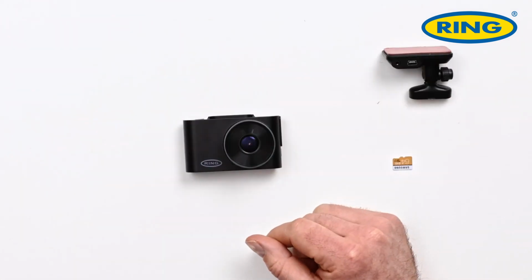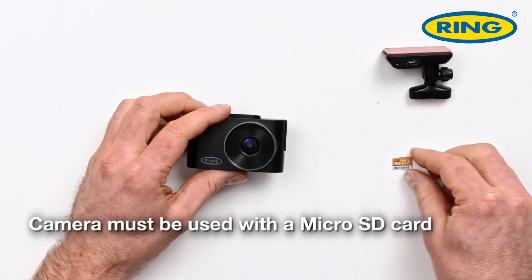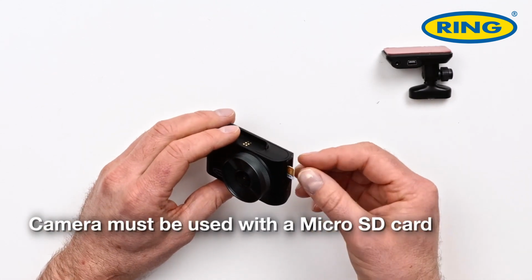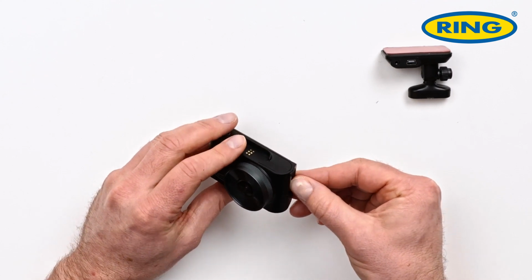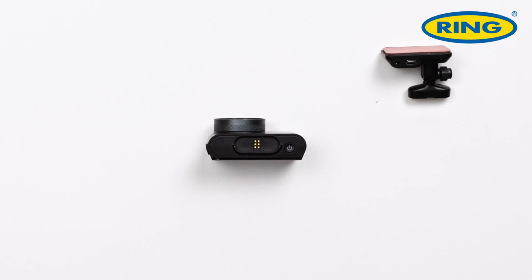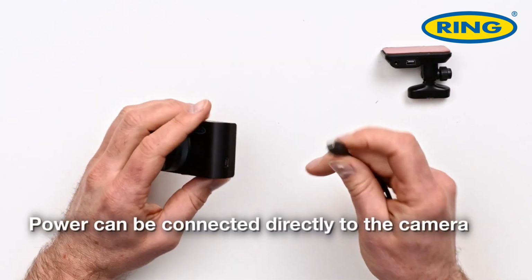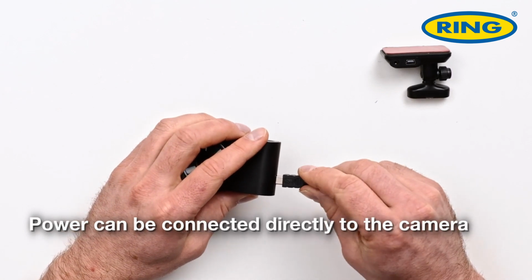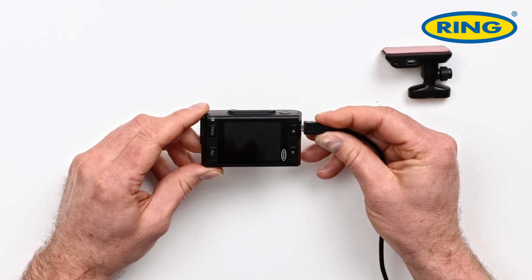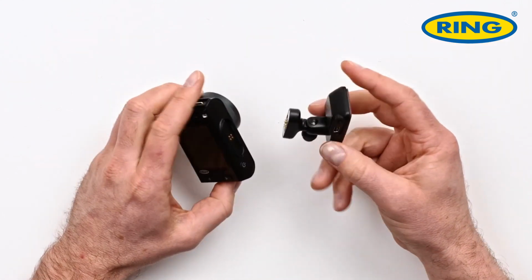So before we actually get to use the dash camera, we have to set it up, and the first thing to do is to insert the micro SD card into the slot provided. Then you're ready to add the power cable. Now you can add the power cable to the dash camera itself, but the more logical connection is going to be with the magnetic mount,